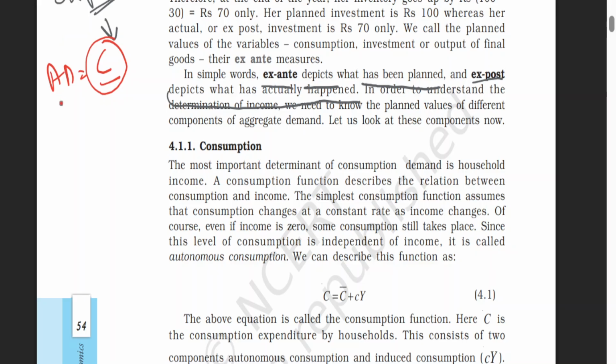So let's start. According to Keynes, your consumption function is C equals C bar plus small c times Y. I will write it in different colors so that you can understand it more easily, because there are a lot of c's in it and you might get confused. C, and now with the red part, Y.